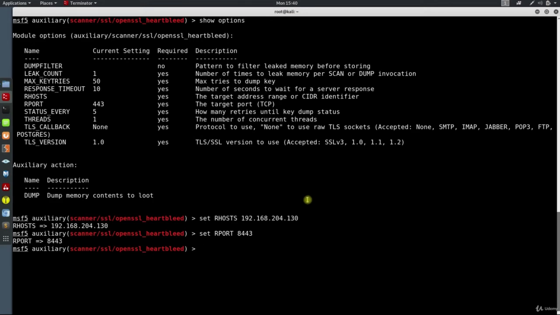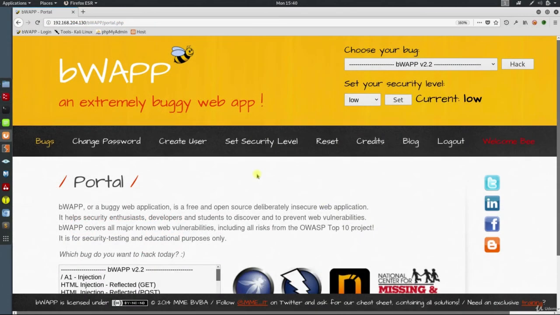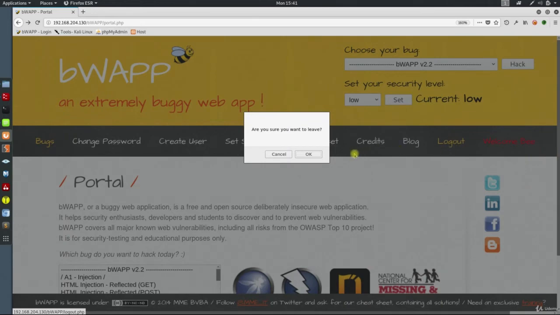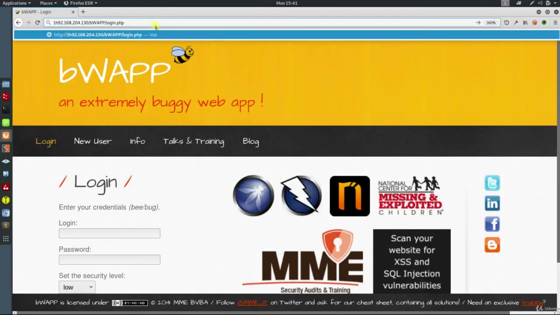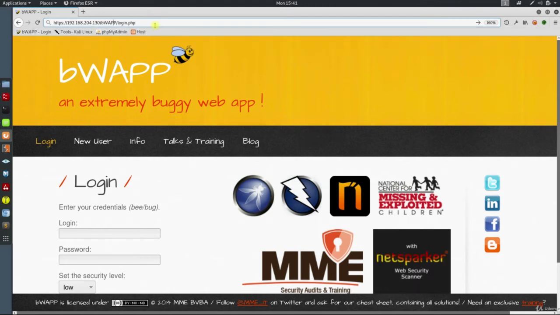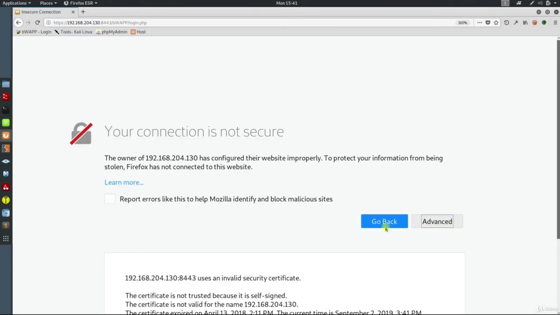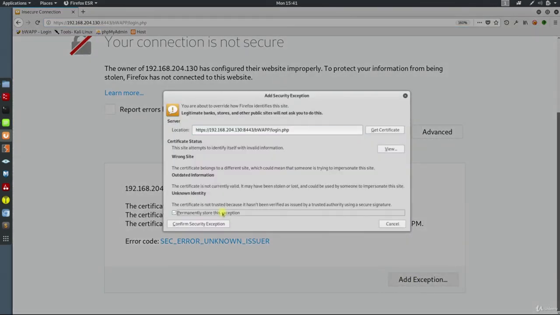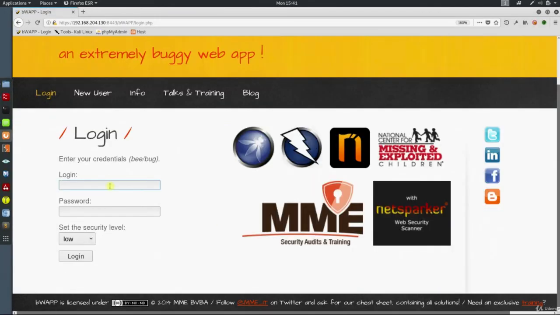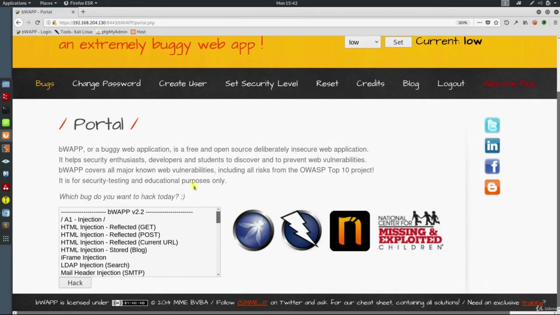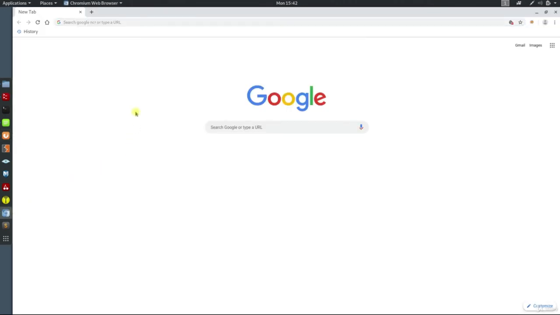So before running the module, go to Firefox. And let's just visit some pages to load up the memory with some new data. I'm going to log out and go to the HTTPS service on port 8443 on Bbox. And now we add an exception to the security error. So now I'm going to log in again, and then open Chrome and go to the same application, copy and paste the URL,